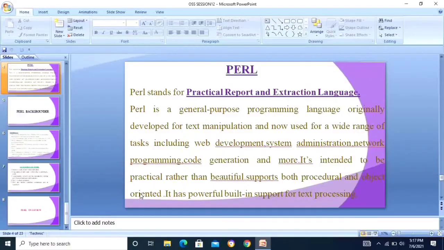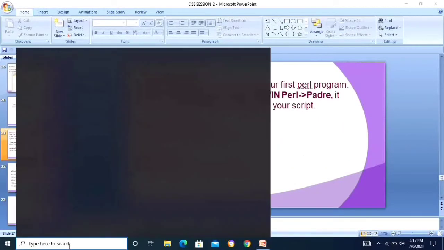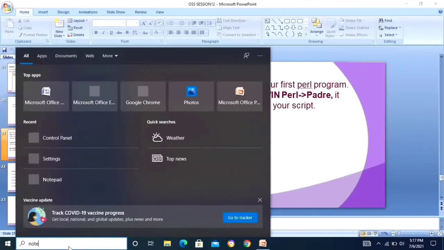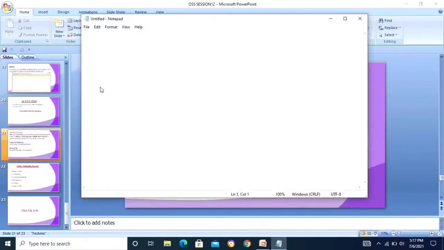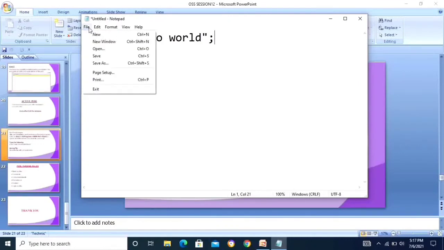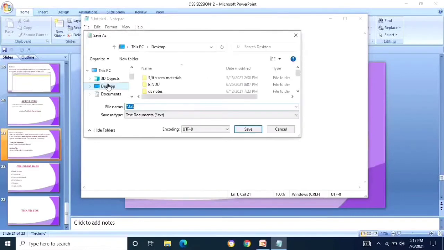If you look at this example program, first open Notepad. So Notepad is open. Type the small program, print hello world. Next, save this program file: Save As, and save this file on the desktop.